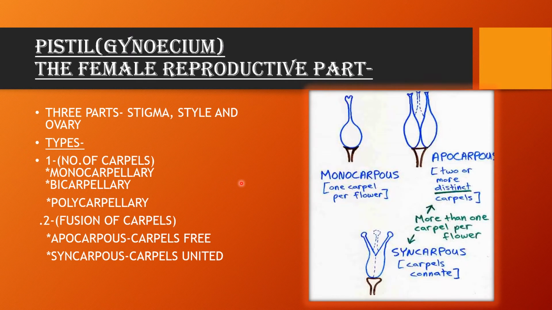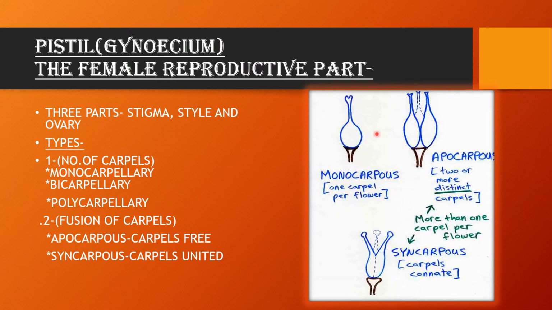So we can understand with the help of this diagram. If one carpel is present, then this condition is monocarpellary, so one carpel per flower. And if there is more than one carpel per flower, then here you can see both the carpels are free and acting independently. That is why that condition is called apocarpous. And in this condition you can see in the diagram that there is more than one carpel, but all are fused, and that special condition is called carpels connate. So this is the number of carpels present inside the female reproductive part.